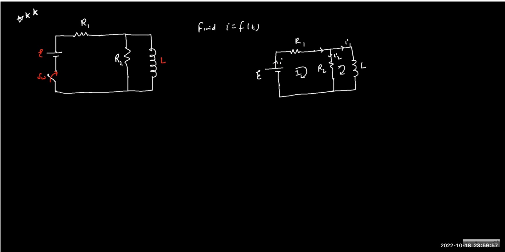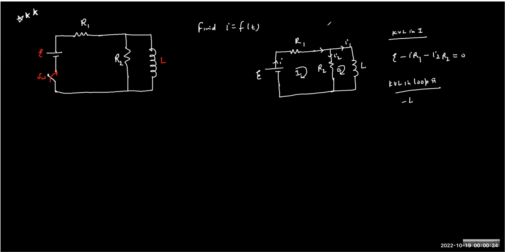So loop one, loop two. In loop one I write E minus I R1 minus I2 R2 equals 0. And KVL in loop 2 is